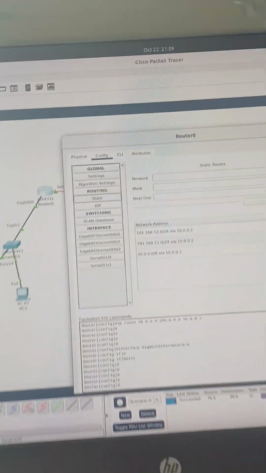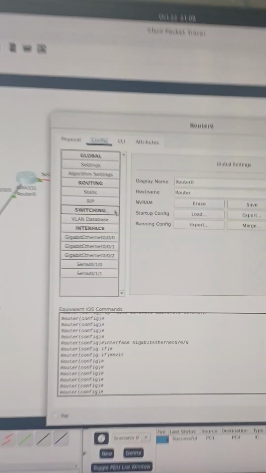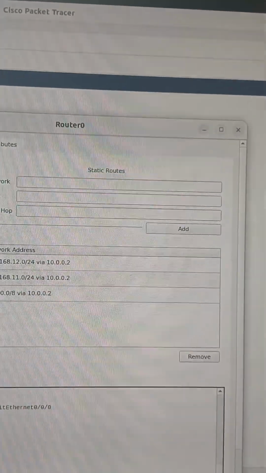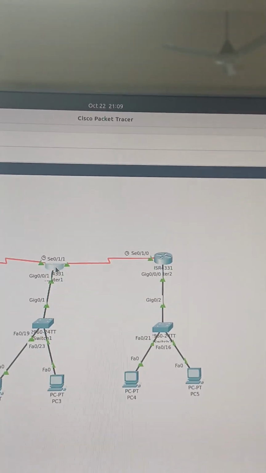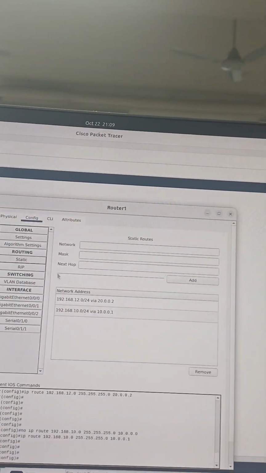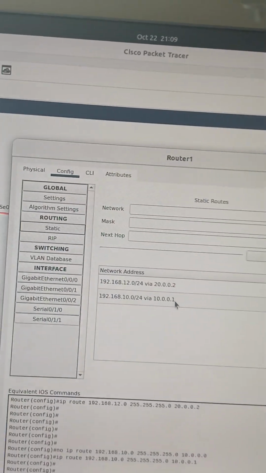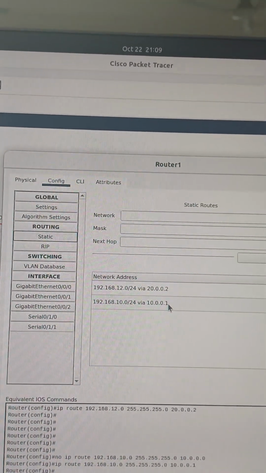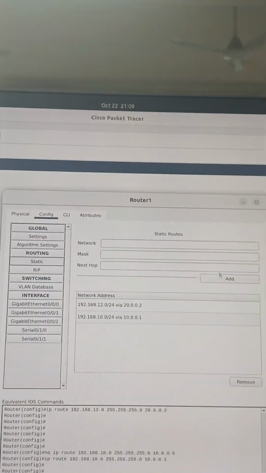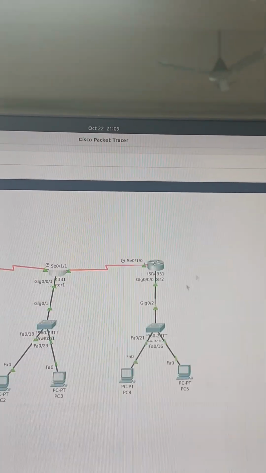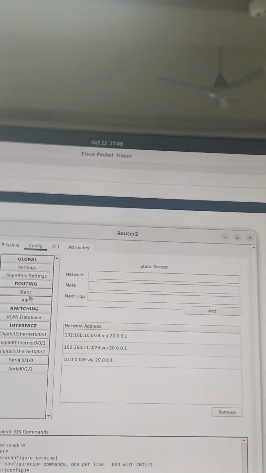Assignment. So for the first router, these are the routes. For our second router, we just made a small mistake. This should be 10.0.0.1. And for the third one, we have